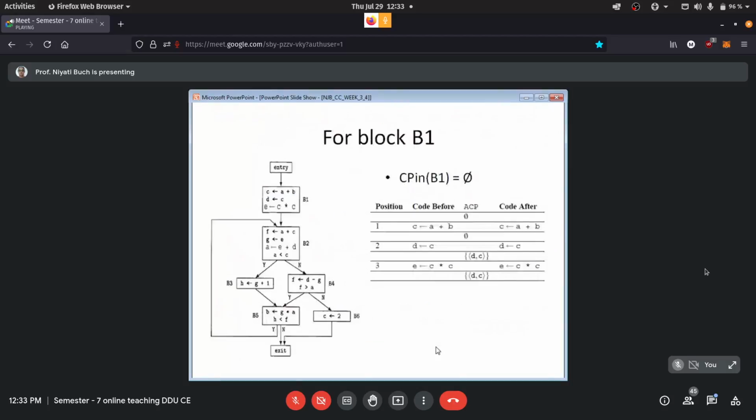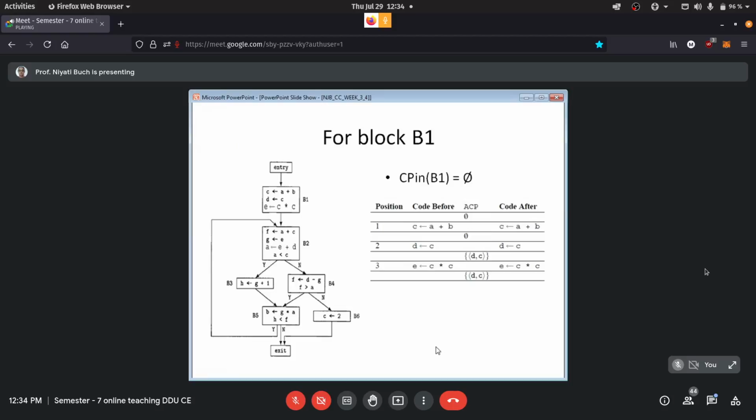We will take each block one by one. Independently, we had considered all the blocks, but now we will do it globally, but we still have to do it block by block. So first we will do it for block number 1.